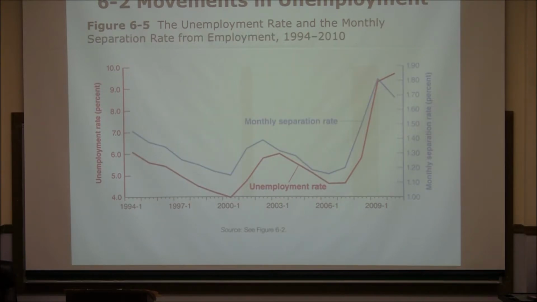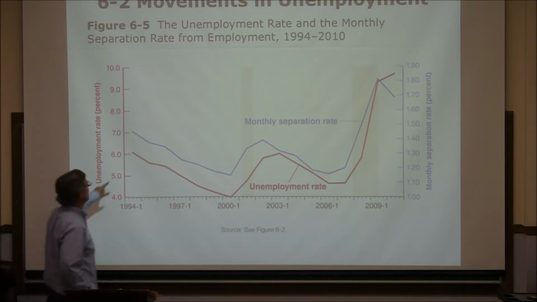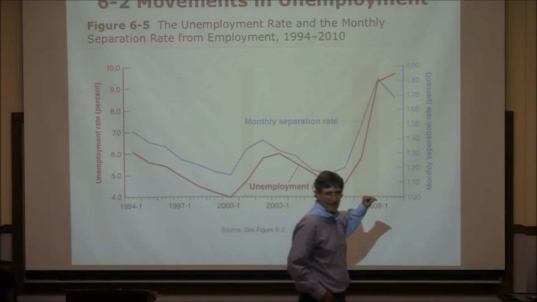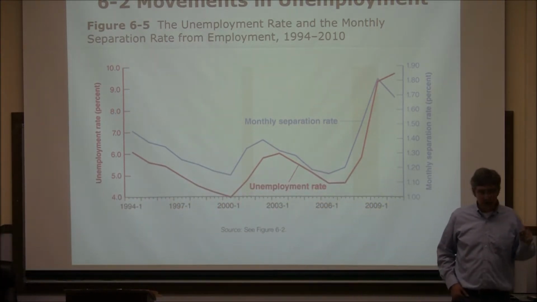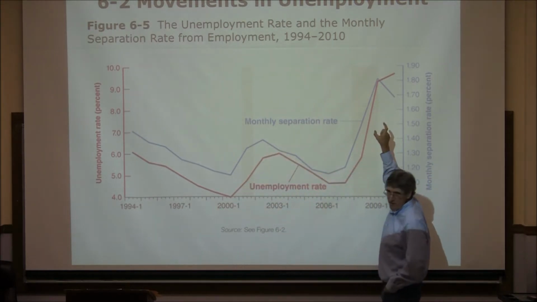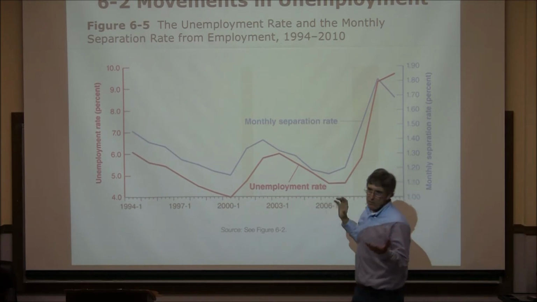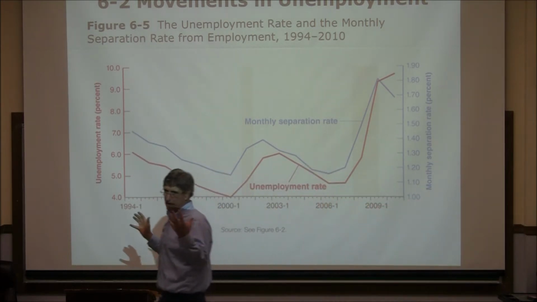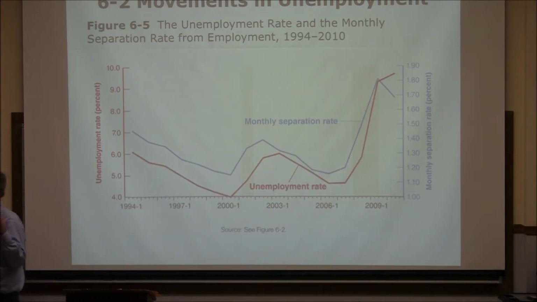So this is the separation rate. This is the number of people that are fired or quit each month. And that also moves very closely with the unemployment rate. So it's probably about half of both, that in recessions, it's both less hiring and more firing that's driving movements